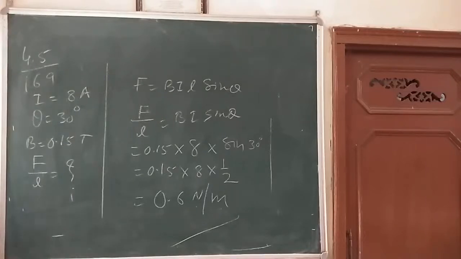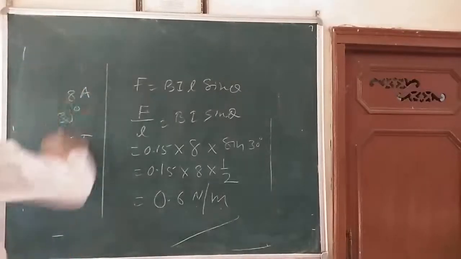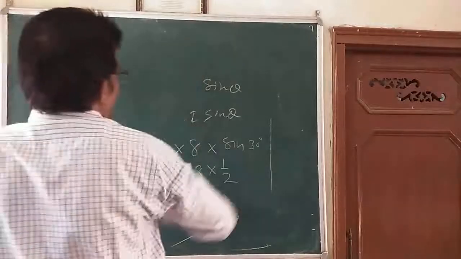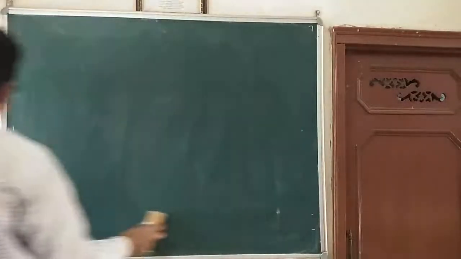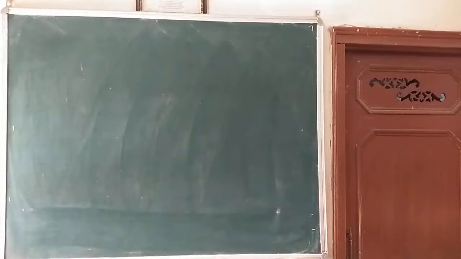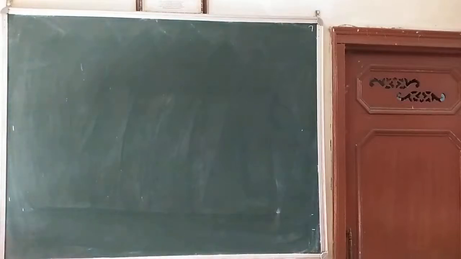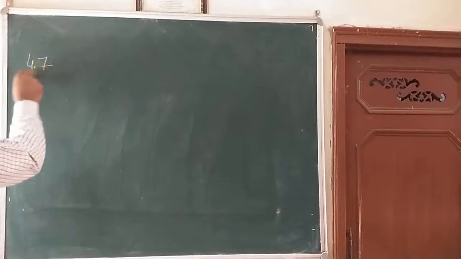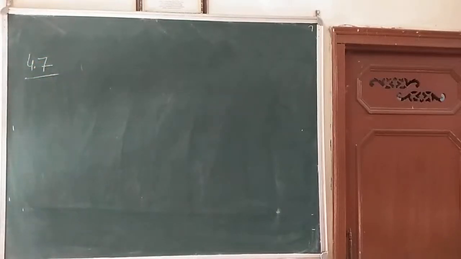Write it down. Then children, we are taking one more question. It's another NCERT textbook question. So once we remember all the formulas, then easily we can solve the question. Easily we can write. Is it clear? The next question, that is 4.7 on the same page number, 169.